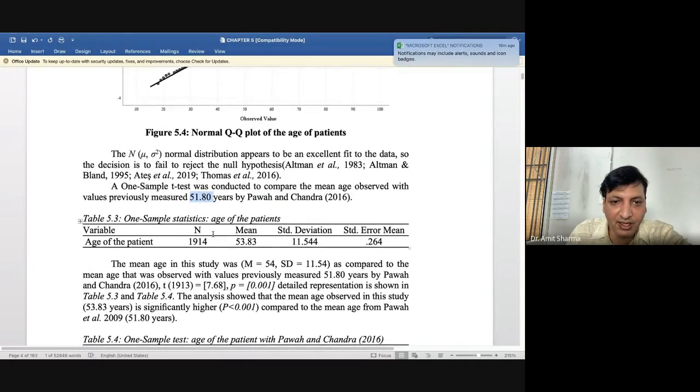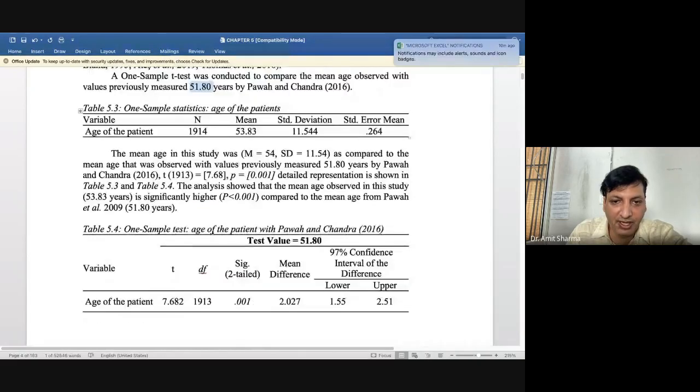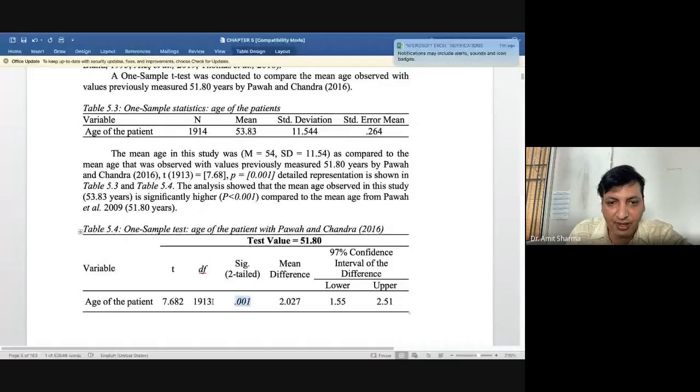In my study, this is the reading of the one sample t-test, with test value 51.80 for Pava and Chandra, and the difference was found to be 2.0 years. You can see the p-value, the degrees of freedom n minus 1, 1913, and the t-score.